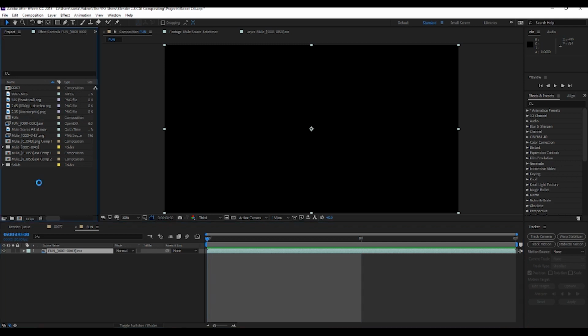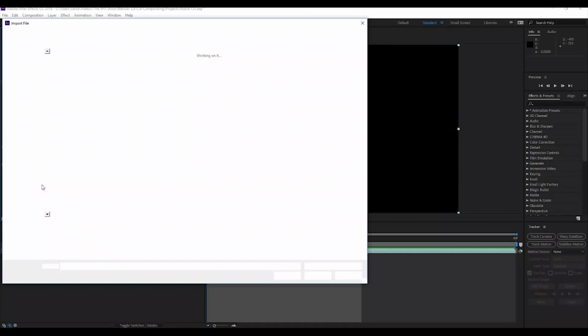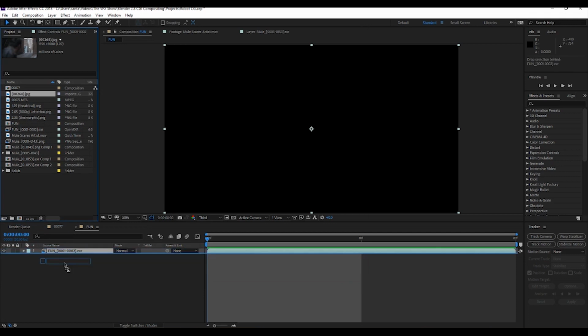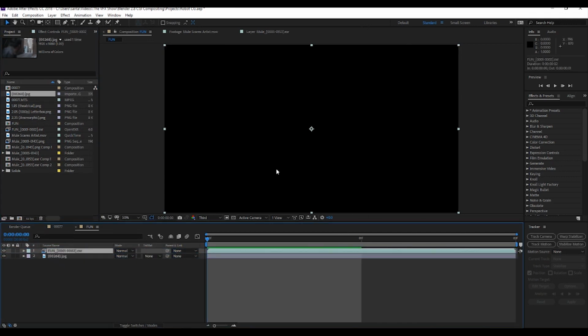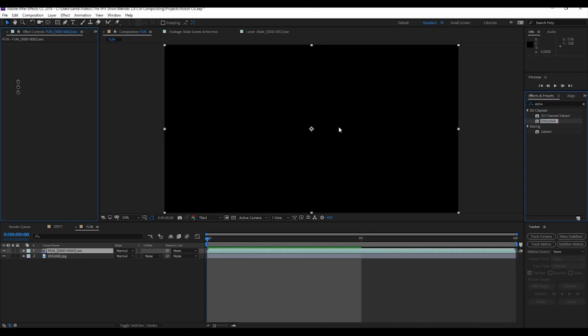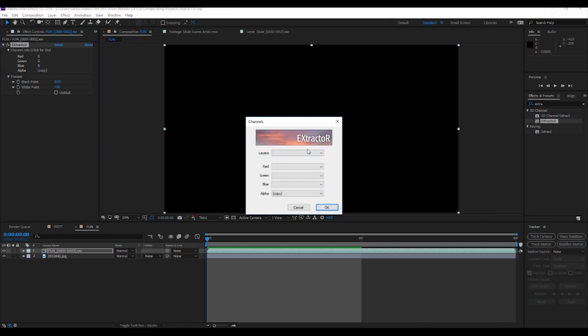Now, as you can see, I'm gonna do another thing real quick. I'm just gonna import in the picture that I used to go under it to show you a little bit. So as you can see, there's nothing here because After Effects can't read it. So you need to use Extractor. Ooh, hey, Microsoft OneDrive. You need to use Extractor. Not extract, Extractor. And then click in this little dial. And then look at all of these passes. These are the passes that we made in Blender, and they're right here. And if I click Beauty Pass and hit OK,